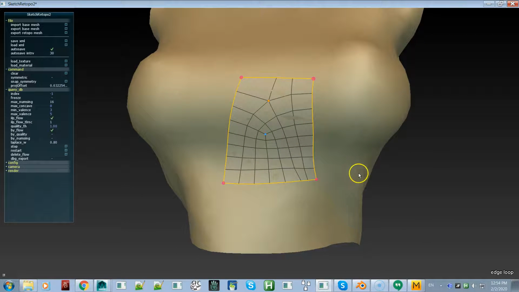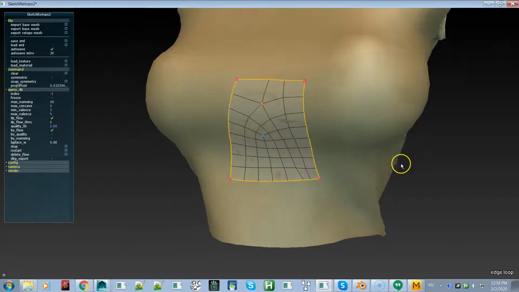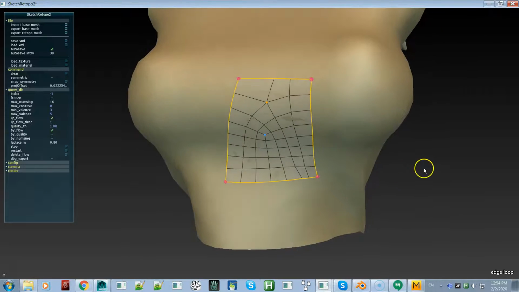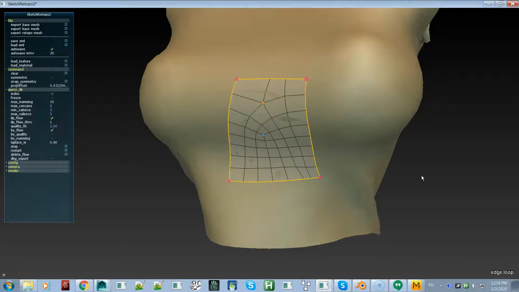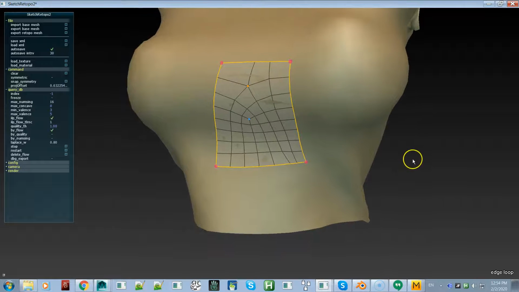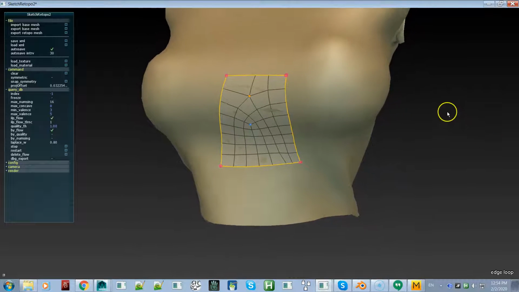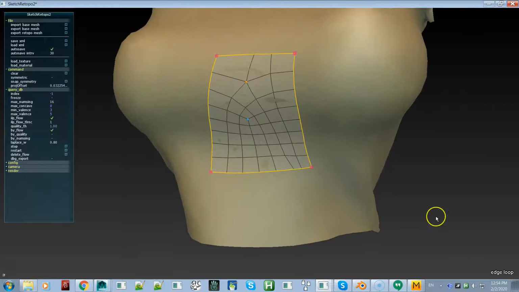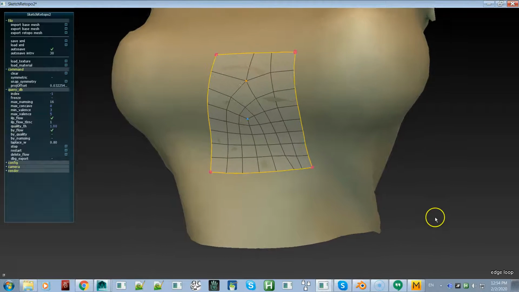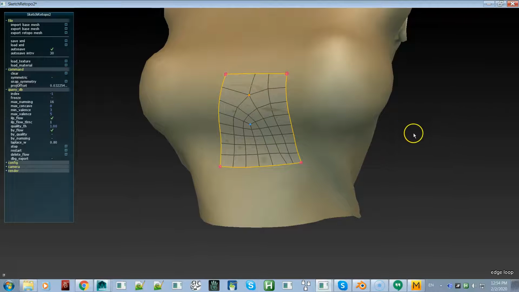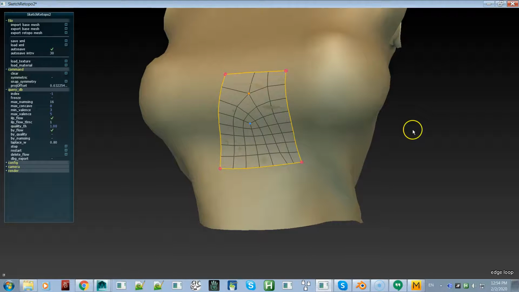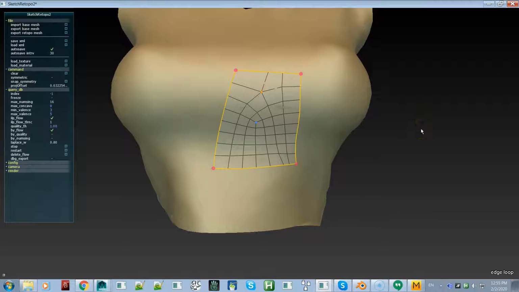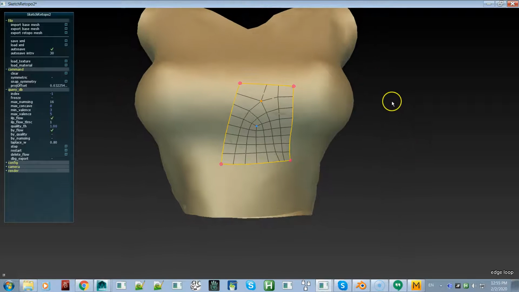Okay, and the camera controls are very much like Maya's: Alt and left mouse button, Alt and middle mouse button. Zoom in and out is, I think, left and right, but with this program it's up and down, right mouse button with Alt. And if you hold down the Shift key as you're rotating and let go, it will snap to a particular camera. Okay, so let's clear this out,